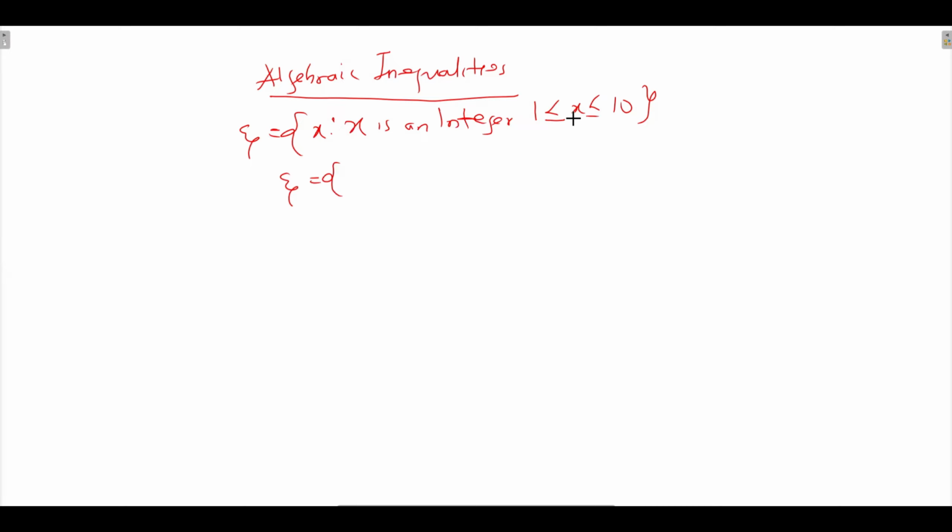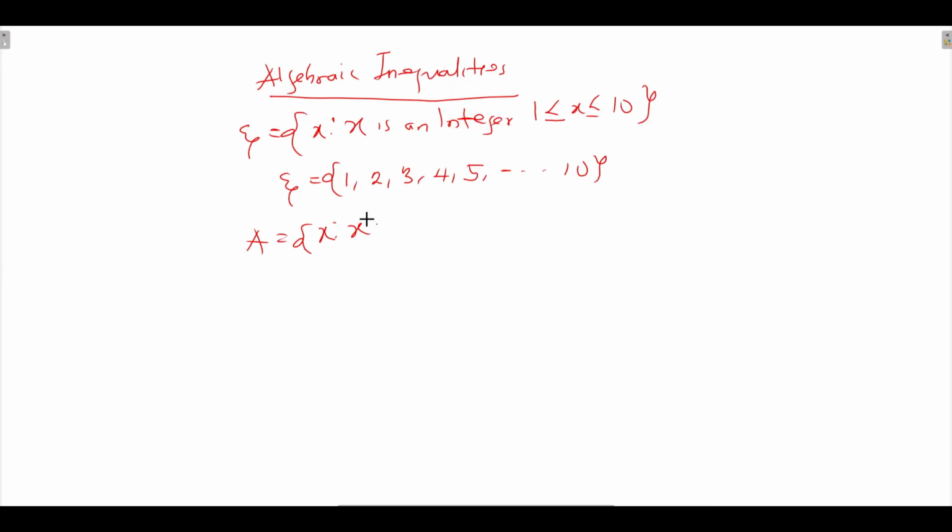1 less than or equal to x less than or equal to 10. You see, it is equal to x: 1 equals x, 10 also equals x. So the elements are between, that means 1 to 10: 1, 2, 3, 4, 5, up to 10. That's the meaning. Let's say, for example, another set is defined like this, x such that